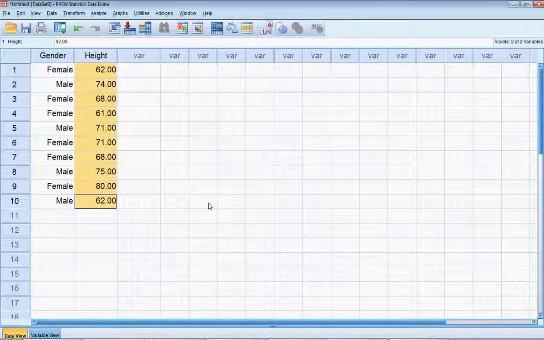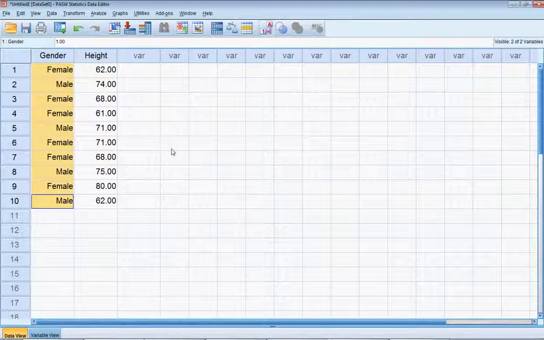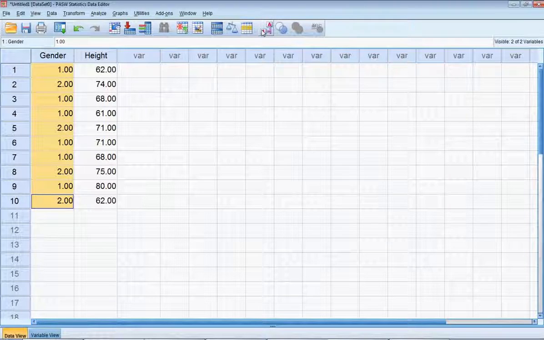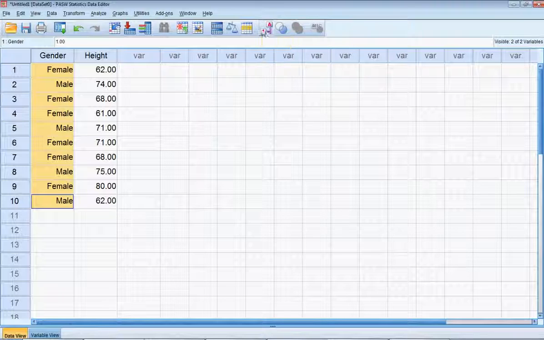So these are called measures of central tendency and measures of variability. Collectively, they're called descriptive statistics because they kind of describe what a set of numbers look like. So let's start simple. Once you have these data entered in, and remember, this gender information, it looks like it says female and male. It's actually numbers that I have value labels for. So if you're at all unsure about that, watch my previous video, see how I did that.